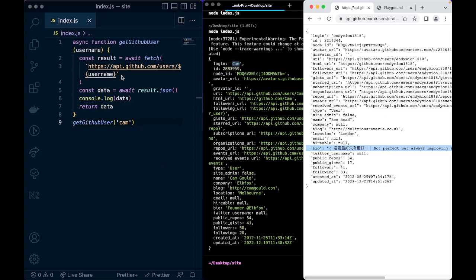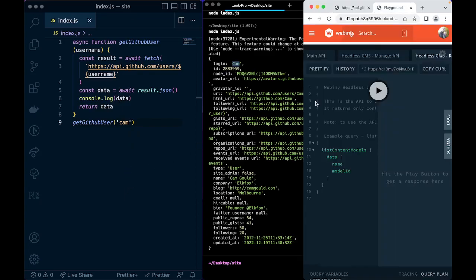I've got to wait for it to be parsed by my script, and I've got to chuck it away afterwards. So that's a bit of a waste of time. So what we've got instead are GraphQL APIs. GraphQL APIs are a lot smarter because as well as